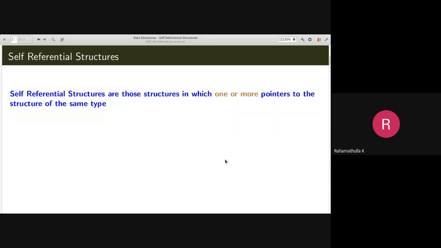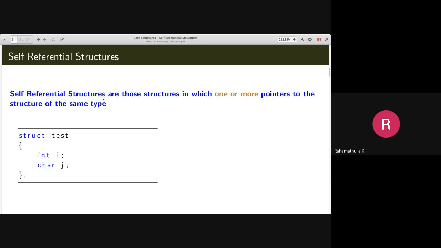For example, this is how we create a structure, struct test. Then these are the members. In this case, we have two members in this structure. One is an integer i, and the second one is a character j. If you create a variable out of this, for example struct test test1, then you can access this as test1.i and test1.j. test1.i will be accessed as an integer and test1.j will be accessed as a character.